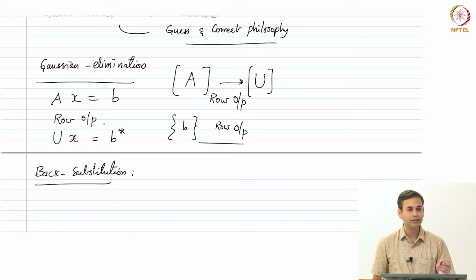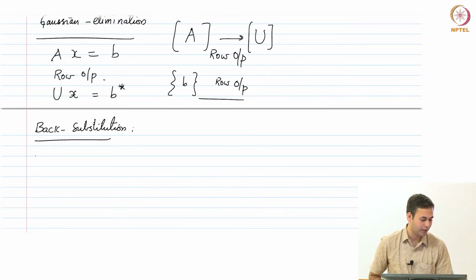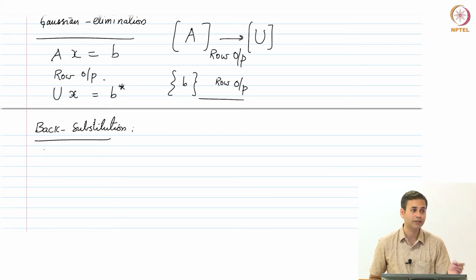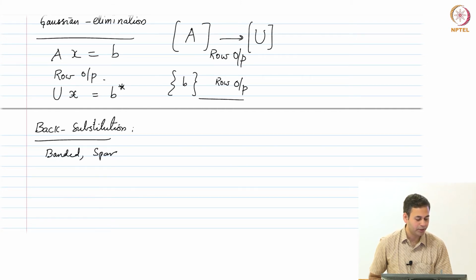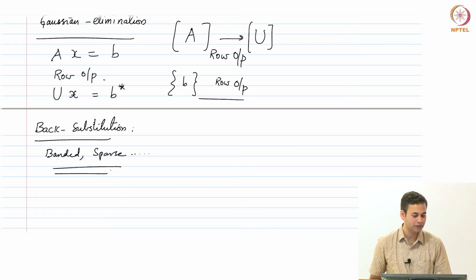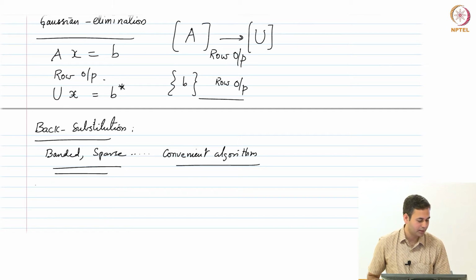Now, for the equations that we get from the finite volume method, at least for the diffusion equation, all the equations have a nice pattern, right. What was the pattern? These coefficients align along the diagonal. So these are banded, and also it is a sparse matrix, right. All these things are there. So essentially we can apply Gaussian elimination, and Gaussian elimination gets simplified into a very convenient algorithm, known as Thomas algorithm,